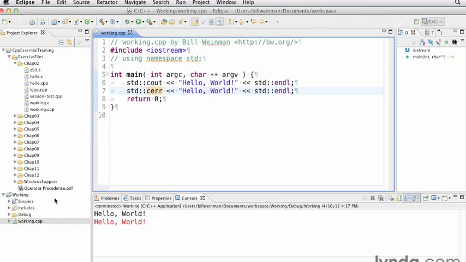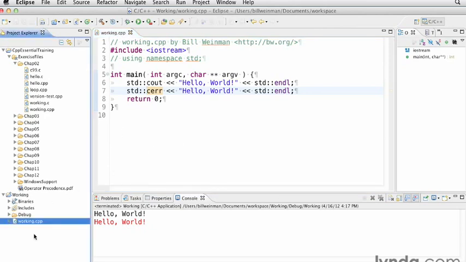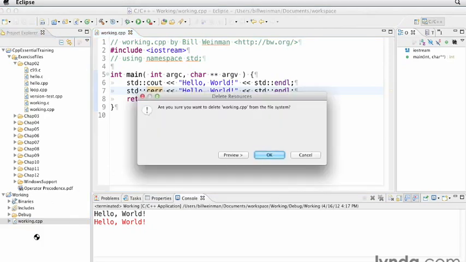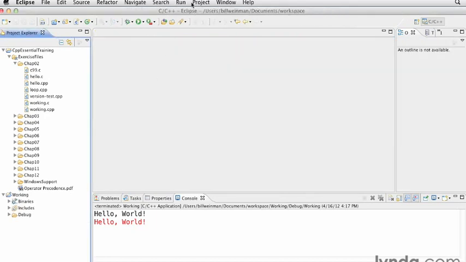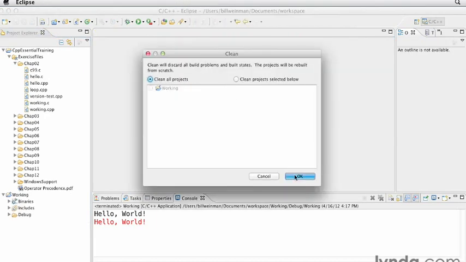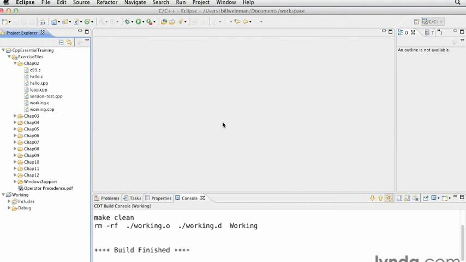So now let's go ahead and delete and clean. I'm going to delete working.cpp, and I'm going to come up here to project and clean up our Eclipse environment. So that should give you a good introduction to the standard output streams in C and C++. We'll take a quick look at